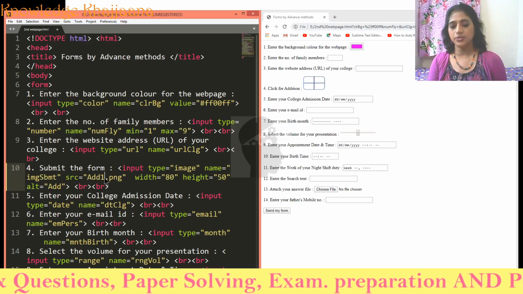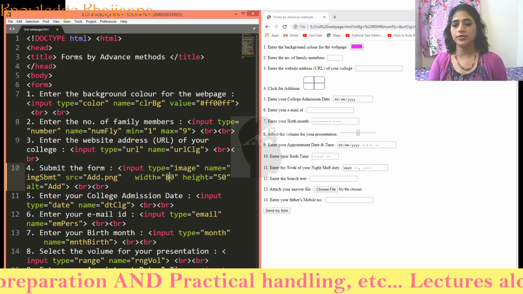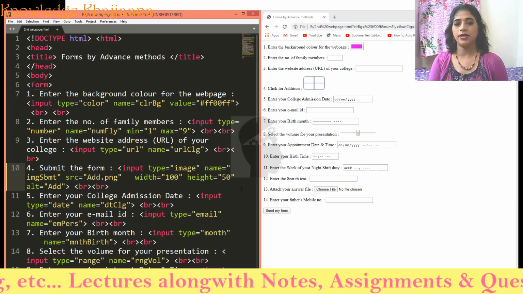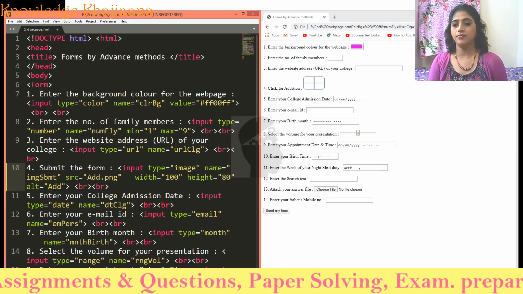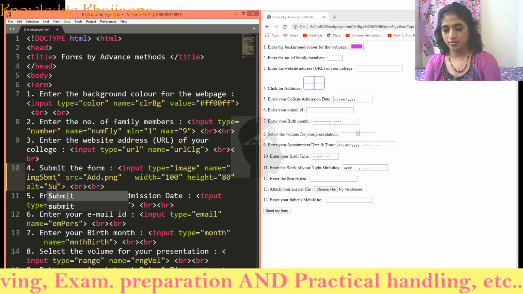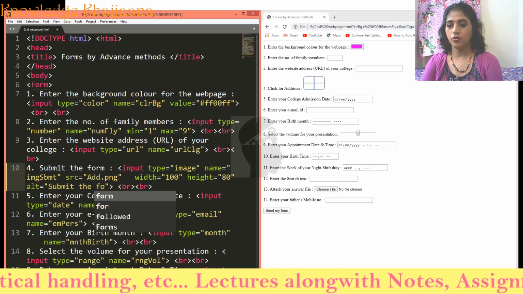Here I will use this different image. Width is equal to 100, and height 80. Alternative text: Submit the form.